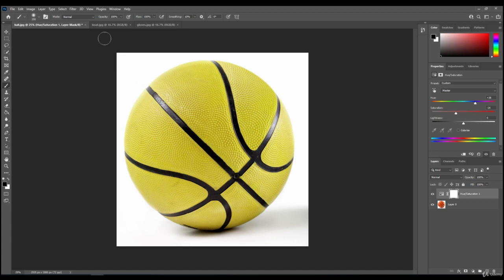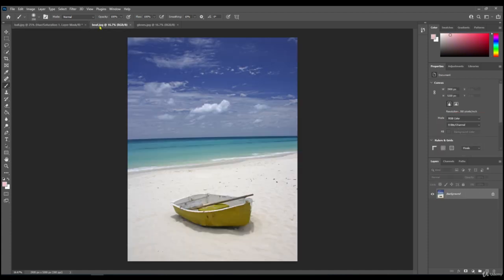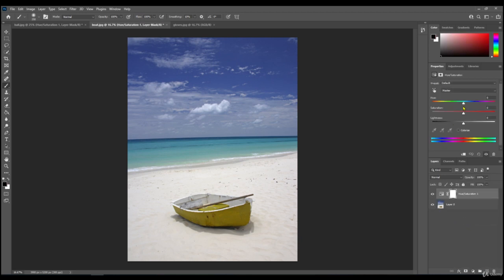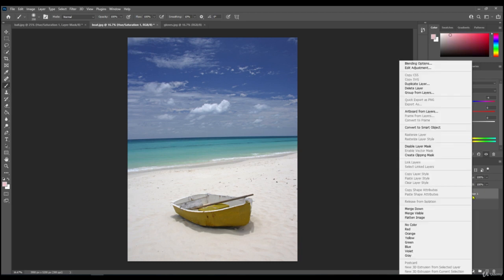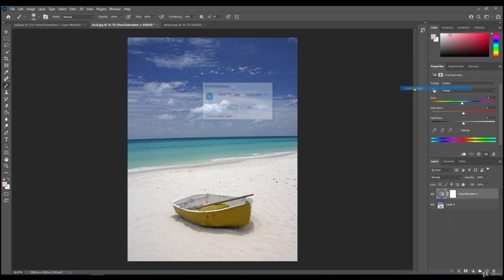In the second image of the boat, if we just click on that, if we do the same thing, unlock it, go down to the hue, saturation, and then if we move this slider along, you can see all the colours changing, the sky's changing, the sea's changing, and it looks a mess. So what I'm going to do is I'm just going to delete that saturation layer